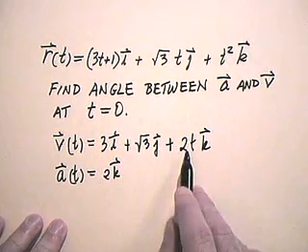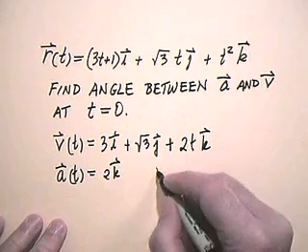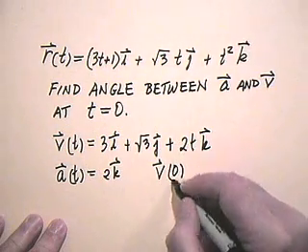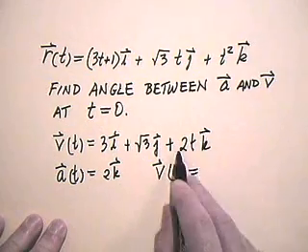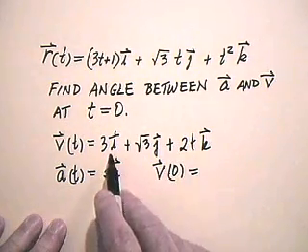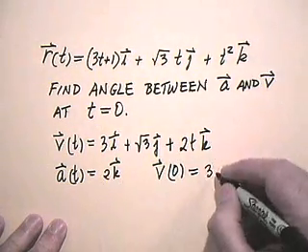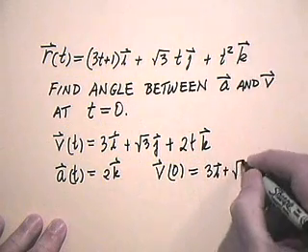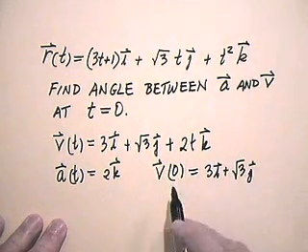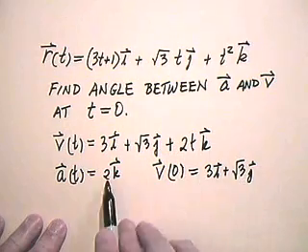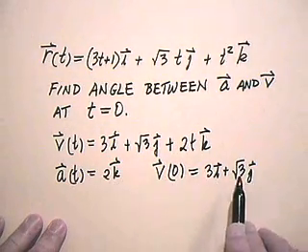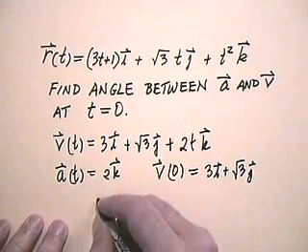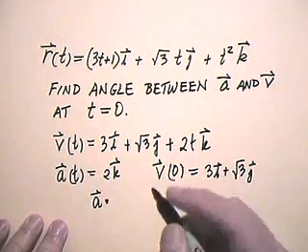Now what happens when we put t equal to 0 here? V at time 0, well, putting t equals 0 wipes out this k component, and we just get 3i plus square root 3 j. Well, now it's easy to see that these vectors are perpendicular because k dot i is 0 and k dot j is 0. And so consequently, for the dot product,